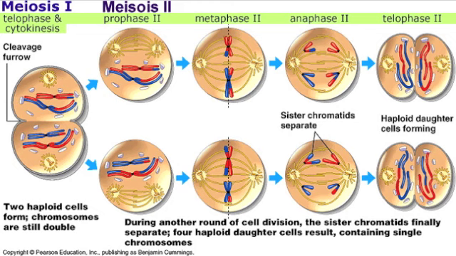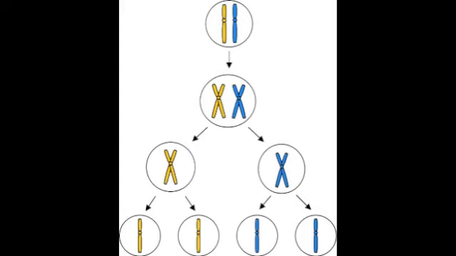Telophase 2 then occurs when a new nuclei is formed and chromosomes decondense. This is then followed by cytokinesis, resulting in an end result of 4 haploid non-identical cells, which originate from one parent cell. 4 haploid cells are formed containing half as many chromosomes as the parent cell. Each cell is genetically independent from other cells.